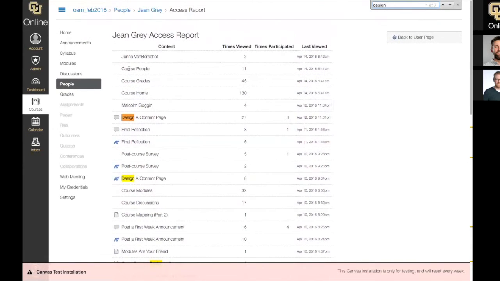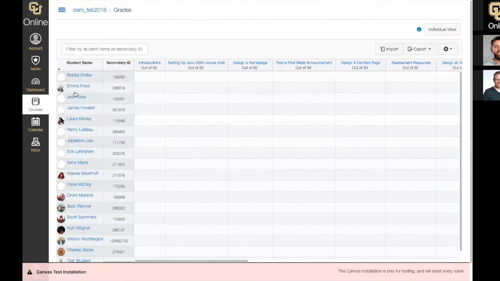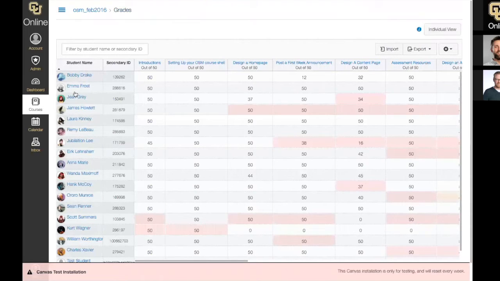So I'll pop out of here. So now we've covered three of the areas. We've got the course analytics, the student analytics, and the access report. The fourth area that I'm sure you spend plenty of time in is the grades. And I just wanted to point out one really cool feature